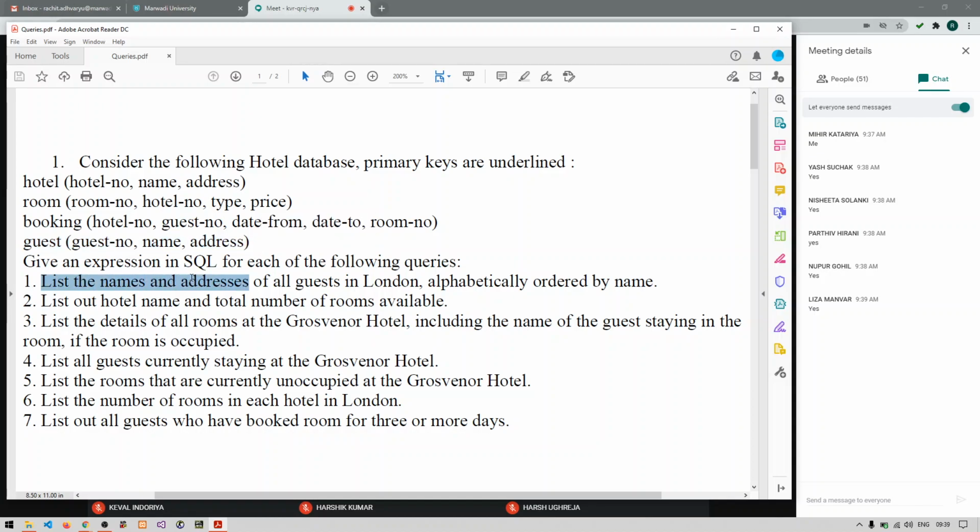Now the first question is: list the names and addresses of all guests in London alphabetically ordered by name. A very tricky question.